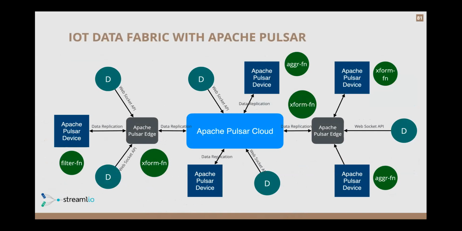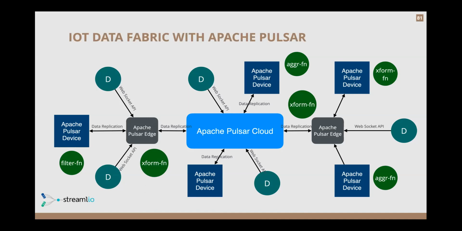So it also supports IoT environments. Sort of a high-level IoT data fabric is also something that you can do with Apache Pulsar that you cannot do with Apache Kafka or any other really distributed messaging system. There are nice messaging systems geared towards IoT, but they do not have the end-to-end storage. You cannot get it from the edge all the way into the cloud and back again. I think that's one differentiator as well.